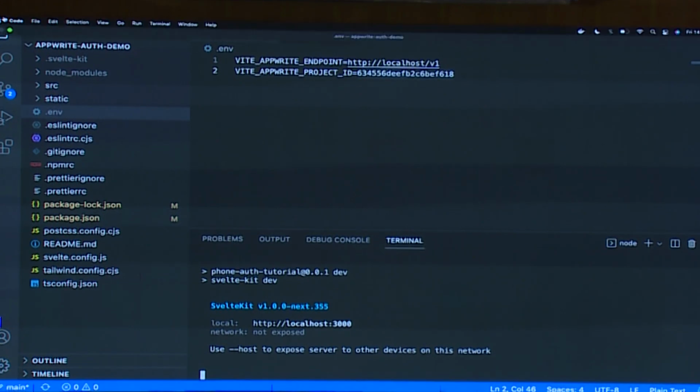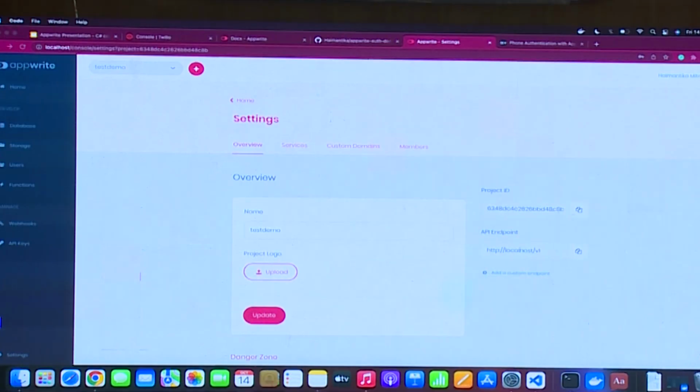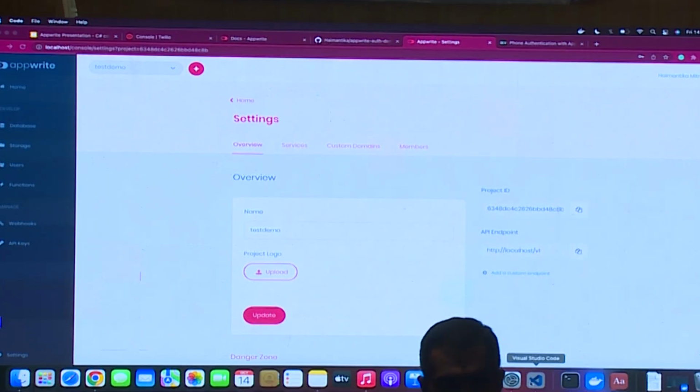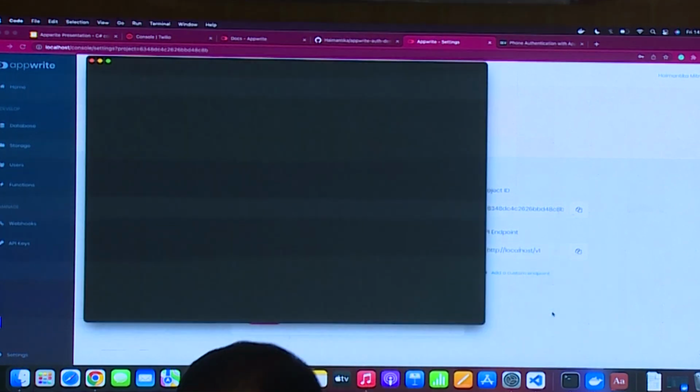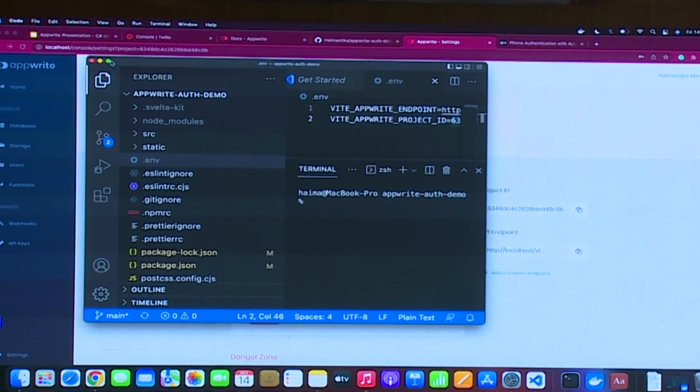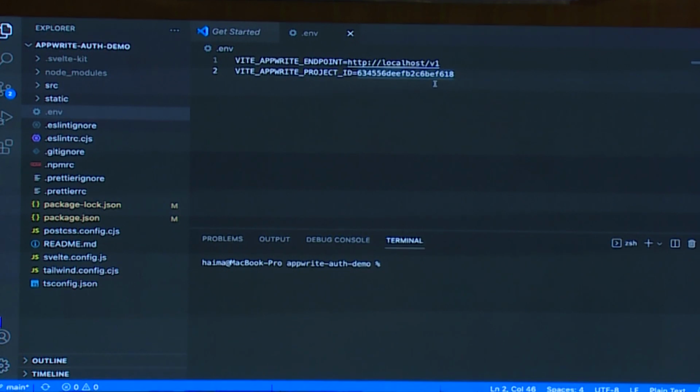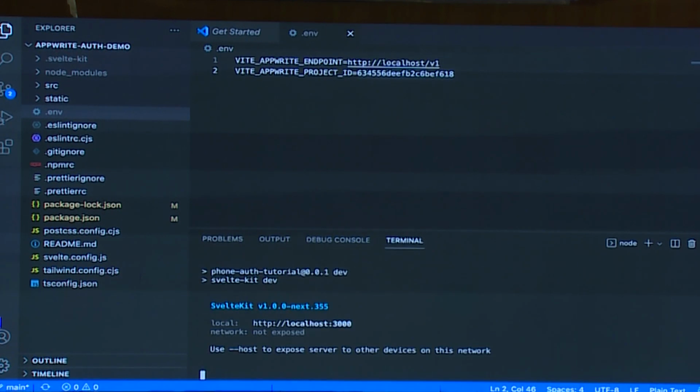What I'll quickly do is turn it off and start again, because my demo was already running. I mentioned that in the .env file is where you put in your AppWrite credentials. And this is the part where I simply run the demo and show you how it works. Just one command, npm run dev. But if you're doing it for the first time, you need to install the dependencies, and you need to have things ready for you. So you click on that and you see that it's there on localhost.